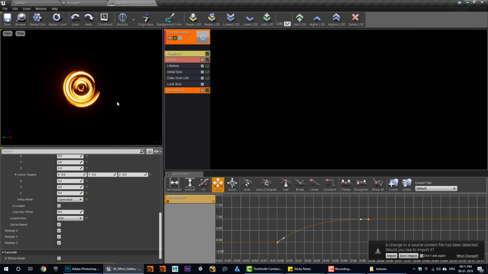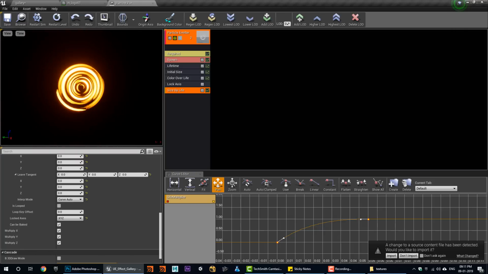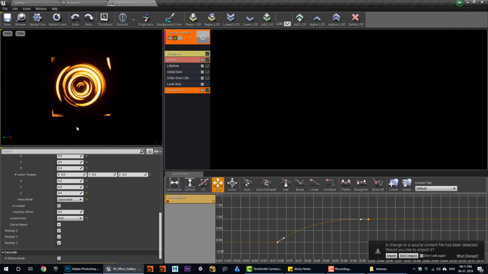Now these layers are rotating differently, but there is some problem,